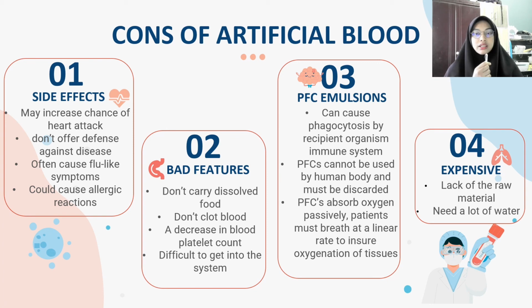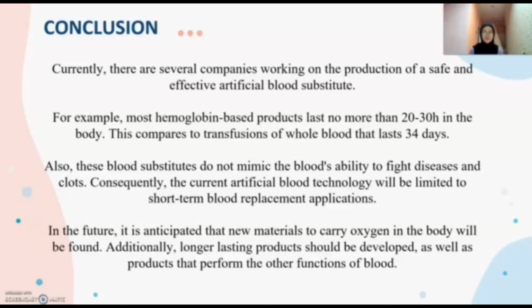The fourth one is that artificial blood is so expensive. It is because in order to make artificial blood, we lack raw material, and it also needs a lot of water. It makes the cost of making artificial blood increase. That's all. Thank you. For conclusion, currently there are several companies working on the production of a safe and effective